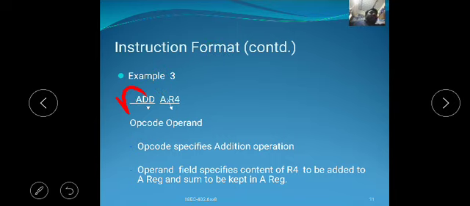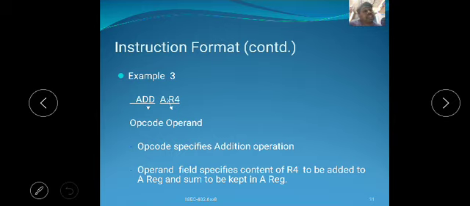In example 3, add A comma R4. Here add is the opcode and A comma R4 are the operands. The opcode specifies the addition operation. Here add specifies the addition operation. The operand field specifies the content of R4 to be added to the A register and the sum to be kept